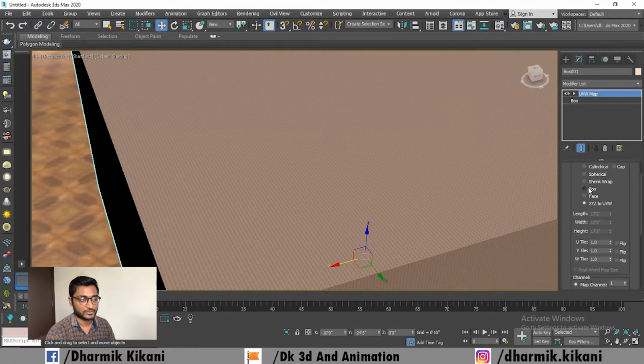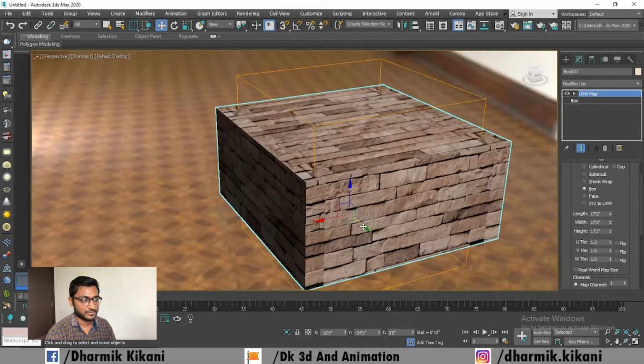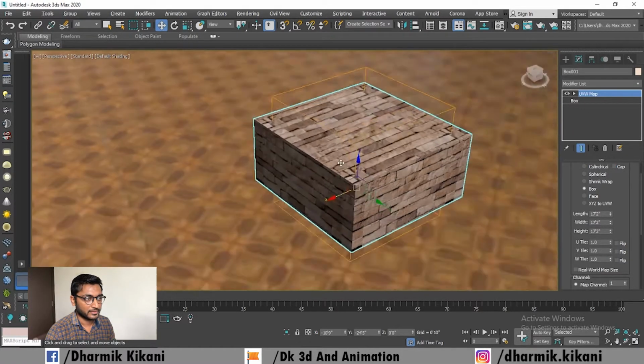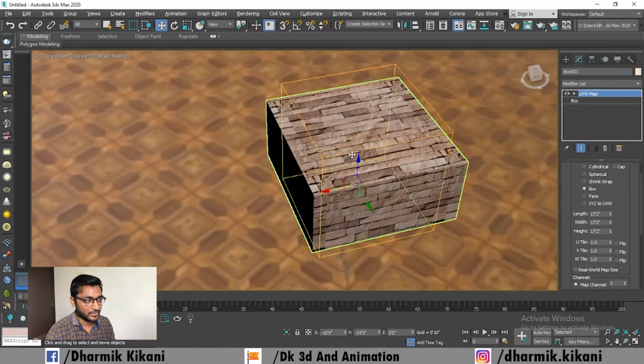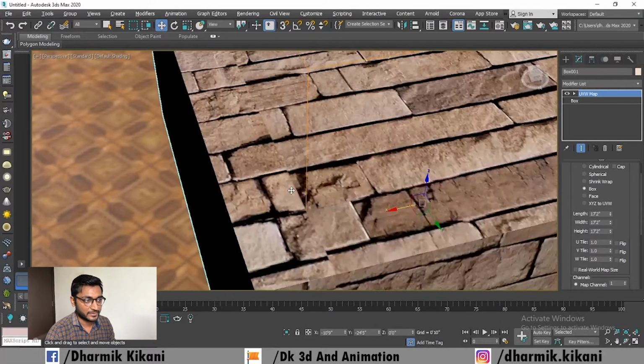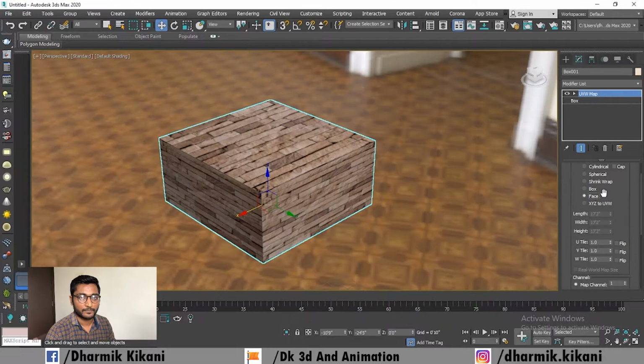I use box because this is a box material, so you need to use box. And you can also use box material for many of your objects. So I use it as a box. Now you can see that this saffron line shows the material texture which I downloaded, and you can see that our material starts after this line. So it is the page. As I said, when you use seamless material, you do not get this kind of line here. As you can see, when I use face, at that time the material is applied on the face.